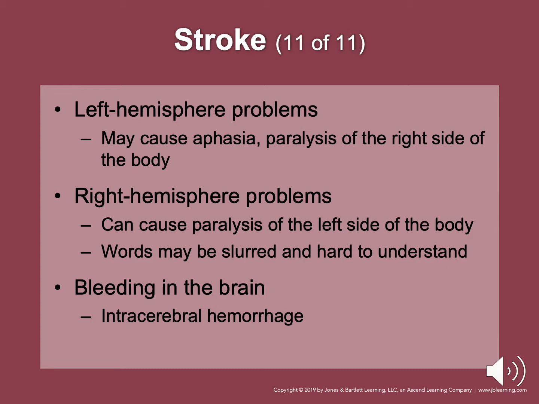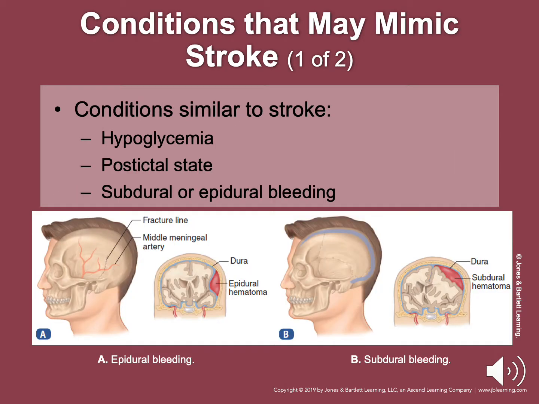All right. So there are some conditions out there that may be similar to a stroke, but you need to rule all these out. Hypoglycemia, post-ictal state after a seizure. So if you see patients with stroke-like symptoms, always make sure you check a sugar to make sure they're not hypoglycemic. And also just ask around if you can find somebody, or check the patient's medication to see if they do have a seizure history.